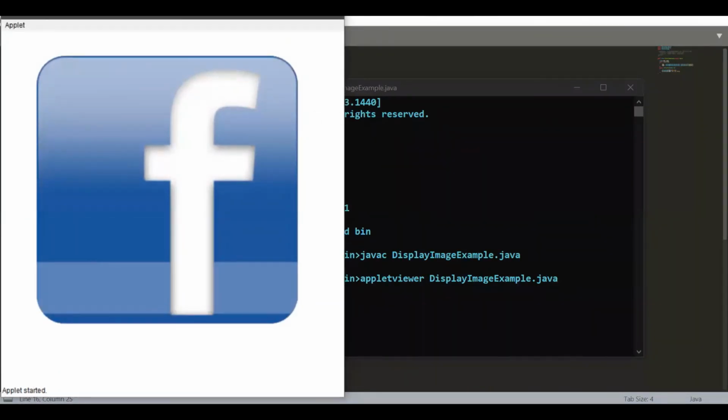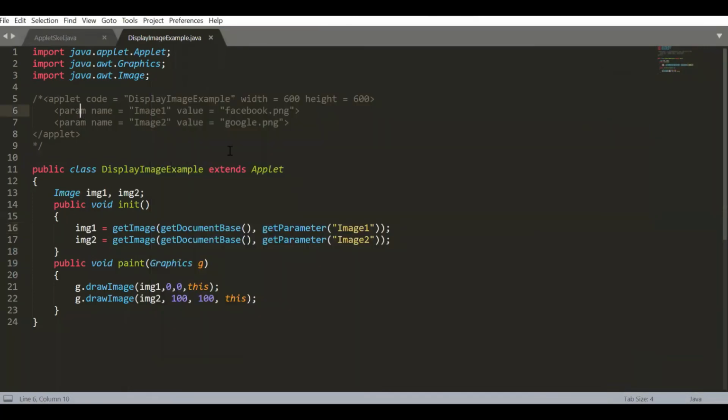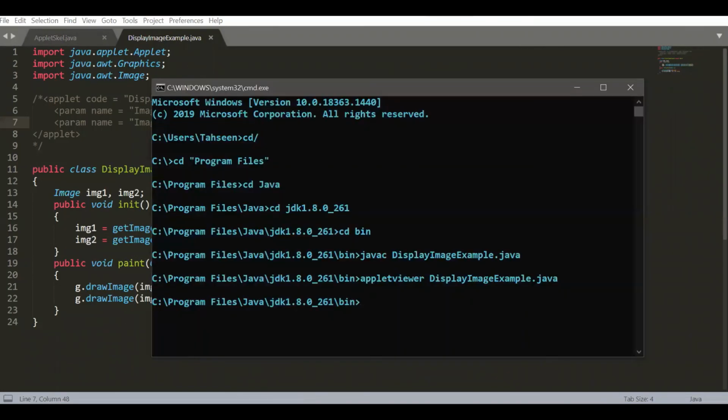The images are too big, I think. I'll use the icons. Here also the underscore icon. So both are stored in the same default location. I'll close this and we'll compile it again.